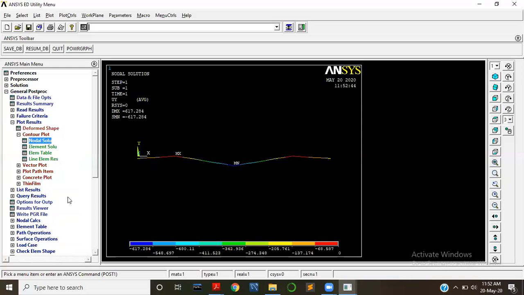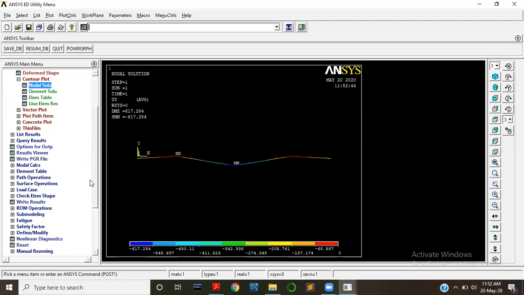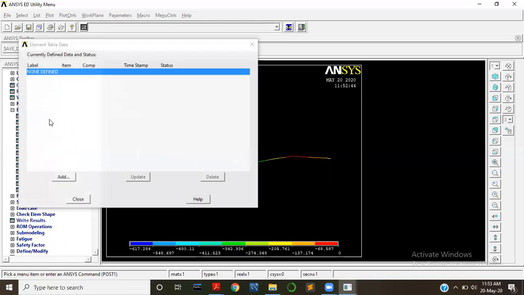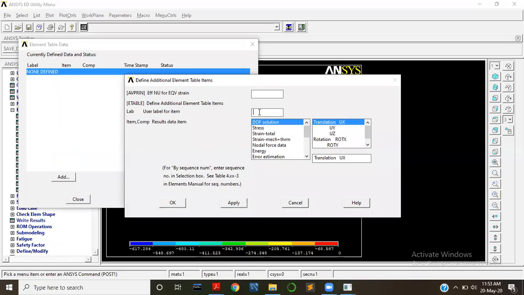We have to take out the SFD and BMD, that is the shear force diagram and bending moment diagram. That can be done like this: create element table, define table, add. Write SFD2 in caps, by sequence number SMISC2, apply. Next SFD8, by sequence number SMISC8, apply.